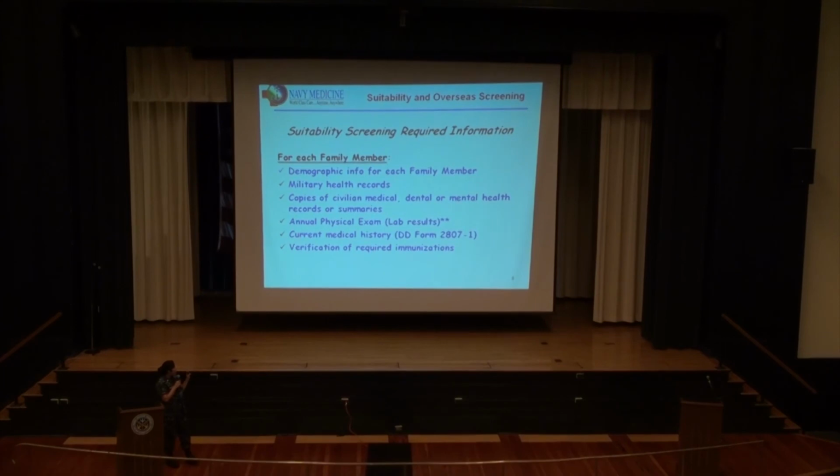And annual physical exam. So again, if you are newly married and your spouse is healthy, she's never gotten seen for anything, please make sure that she goes and has a full physical exam because we're going to need to review that, okay? Part of the overseas duty screening, we, the provider, are not going